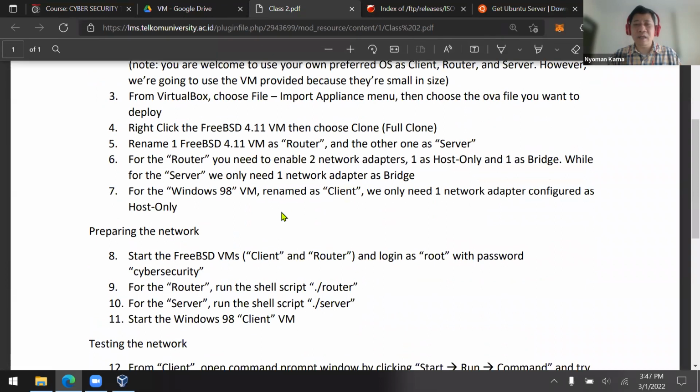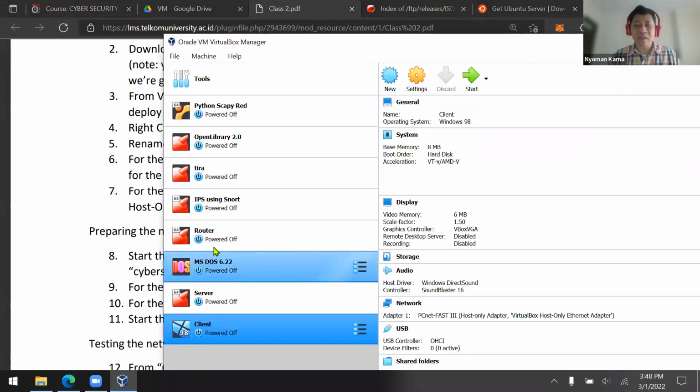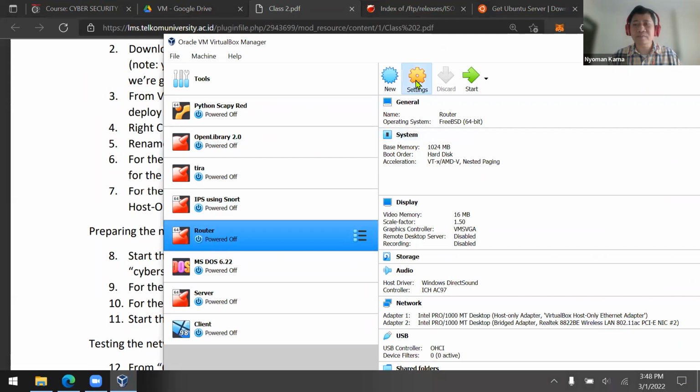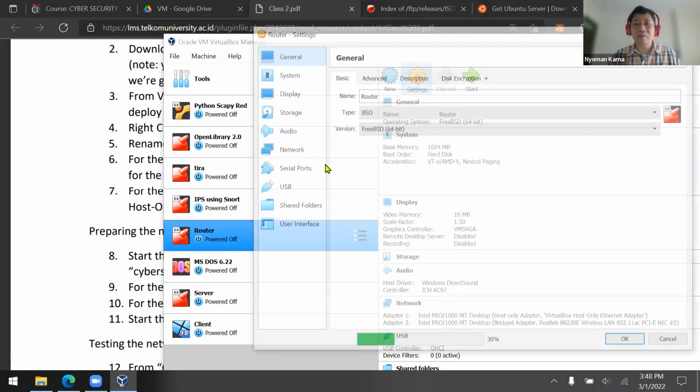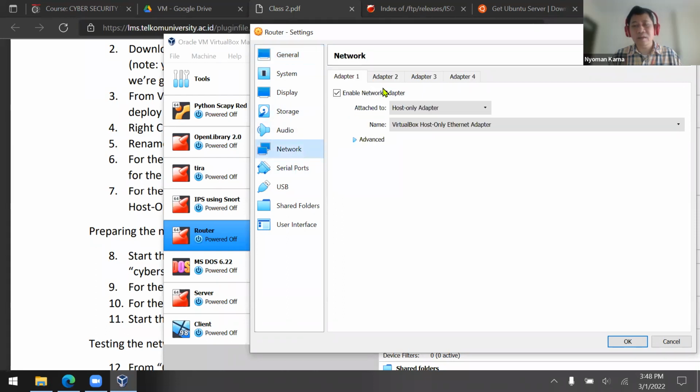One as a router, and the second one is for the server. Okay, and then remember, in VirtualBox we have several types of network device. For the router, you need to activate or enable two network adapters. The first one is the host only adapter, and the second one is the bridge adapter.